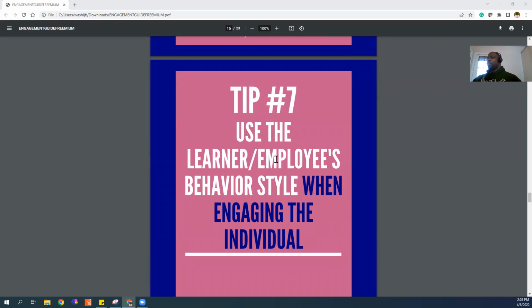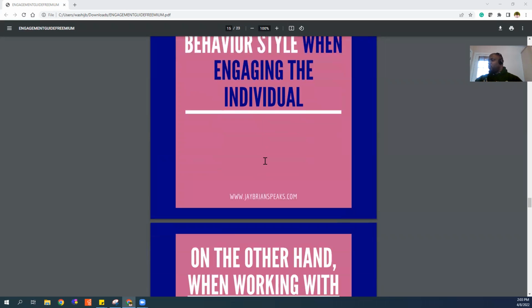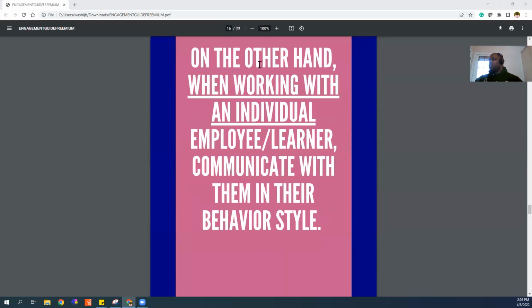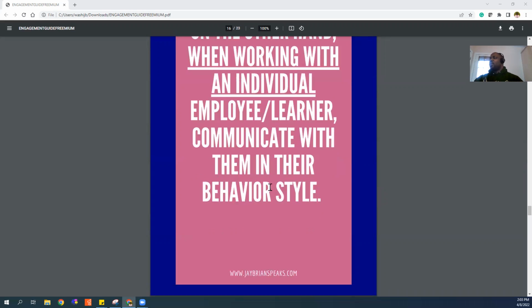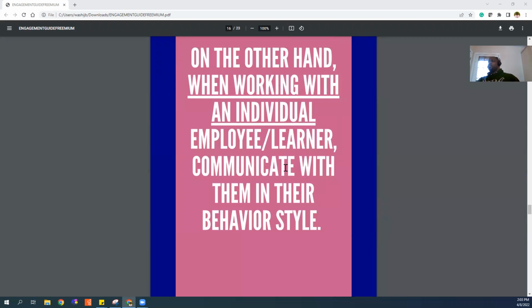Now, let's look at the next tip. Use the learner/employee's behavior style when engaging the individual. So let's say an individual comes up to you. Let's look at this right quick first. On the other hand, when working with an individual, employee, or learner, communicate with them in their behavior style. So let's say somebody